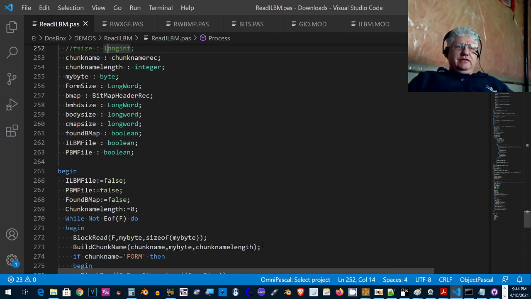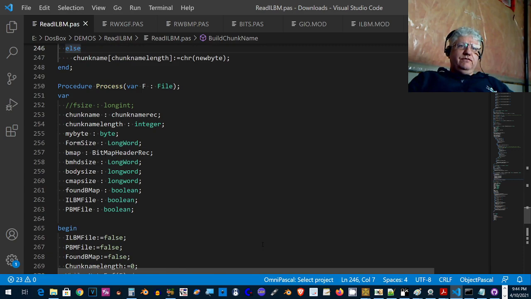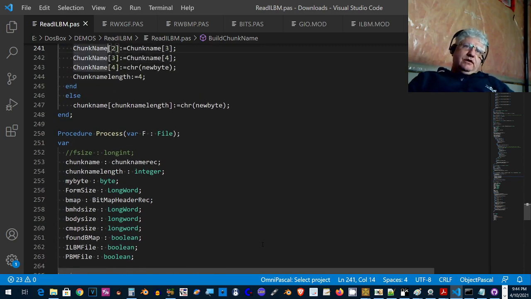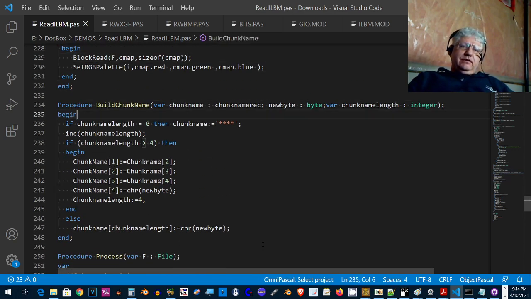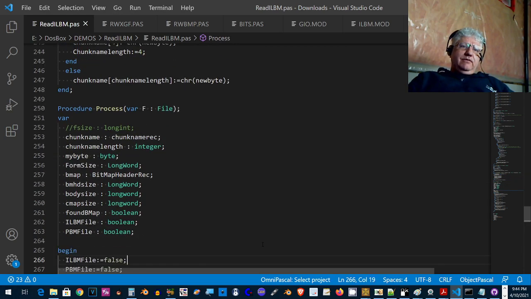And I thought that was just a lot of hassle if you wanted to do something simple. So what I did is, rather than creating a structure or a record for each different chunk, I just build up the chunks dynamically as I go through each byte, and then I compare with the chunk